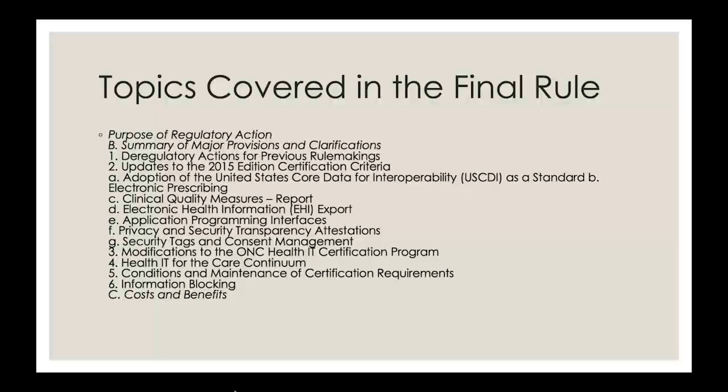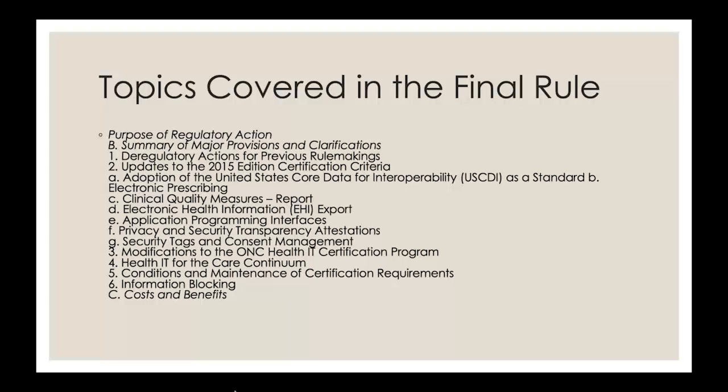So topics covered in the final rule, there's a plethora. First and foremost, a summary of major provisions and clarifications, which is typical in any final rule. Then they get into deregulatory actions for previous rulemakings. From there, it delves into updates to the 2015 edition certification criteria. Then it's adoption of the United States Core Data for Interoperability as Standard B. Then it gets into electronic prescribing. And this is something that if you prescribe controlled substances, you want to be